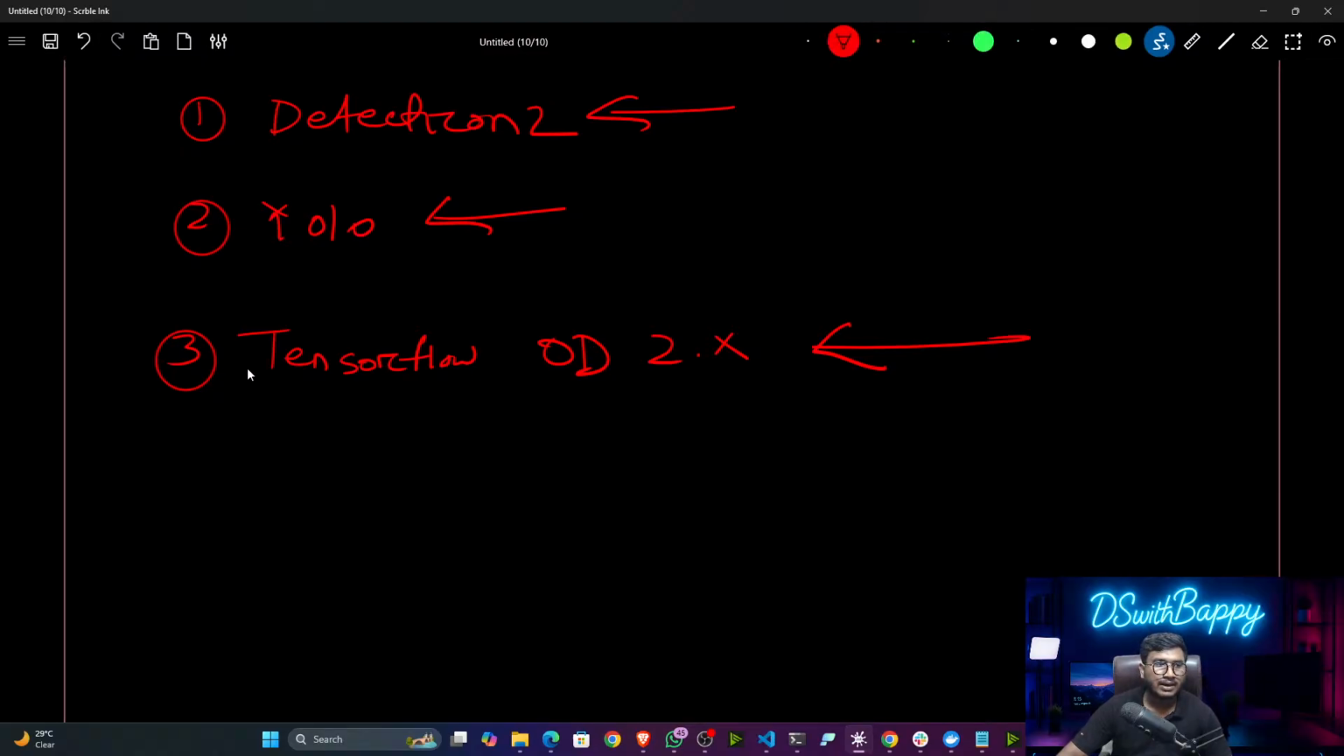Let's say it will take 1 hour to do all the configuration. Then you can do the training operation. After training, again for the inference, you have to do the same configuration. That's why I'm not going to use TensorFlow OD. So please don't ask me later on why I'm not using TensorFlow OD, because if you see TensorFlow